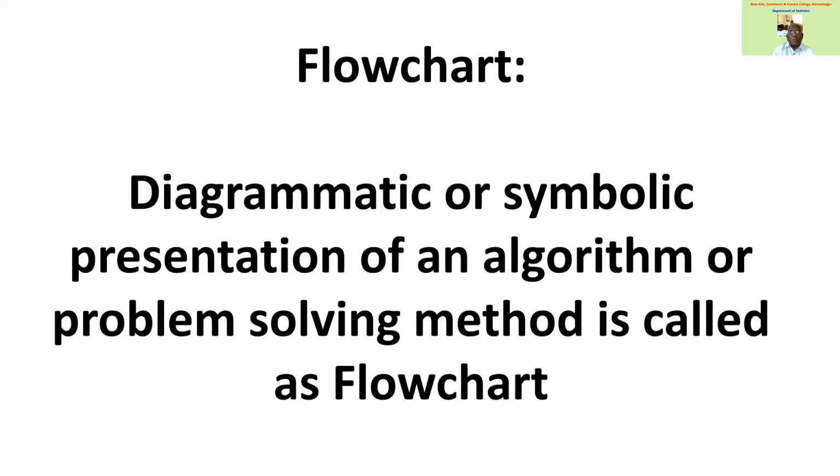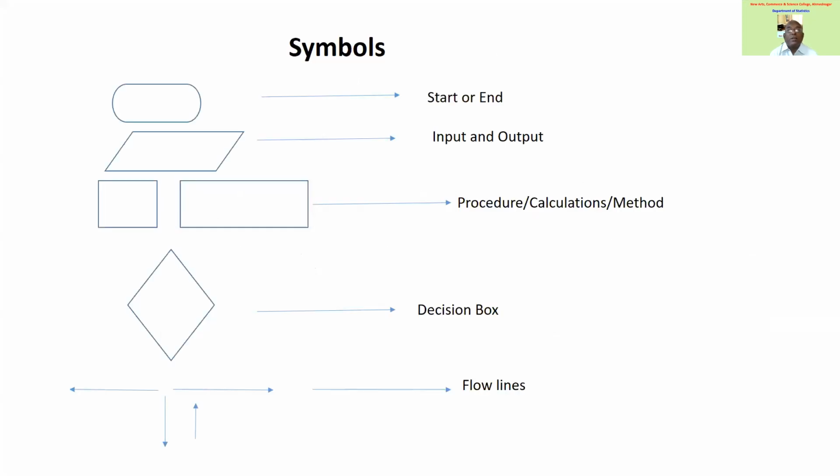So the natural question comes, what are those symbols? Which are those symbols? What is the meaning of these symbols? And for what purpose are these symbols used? So let us come to another slide. See the first symbol, which is like an oval. This symbol is used to show start or end of the algorithm. We know that every algorithm has start and end exactly once. So this start and end is shown by